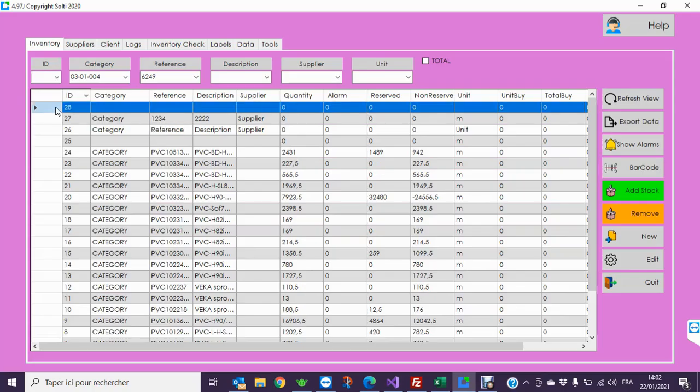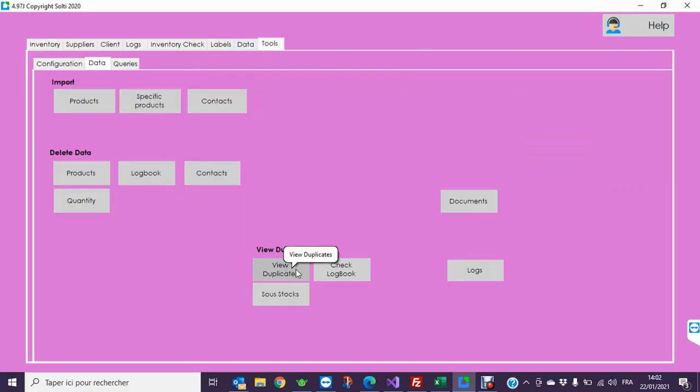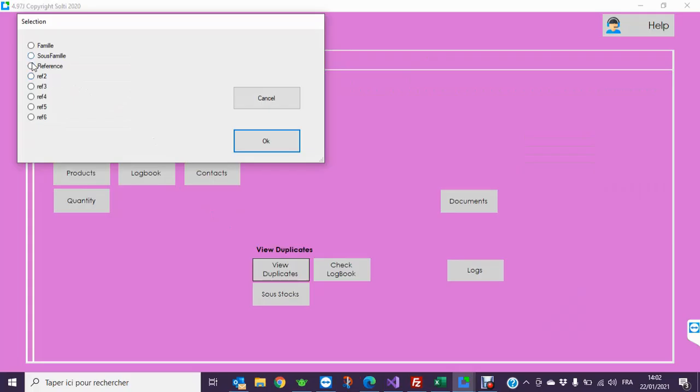So you can have some junk like this line. You can remove it by Control Delete. But you did it. Yeah, and anytime you can restart from scratch, do it again in the other side, and so on. So, you have to check the data, going to Tools, View Duplicates, Reference to see